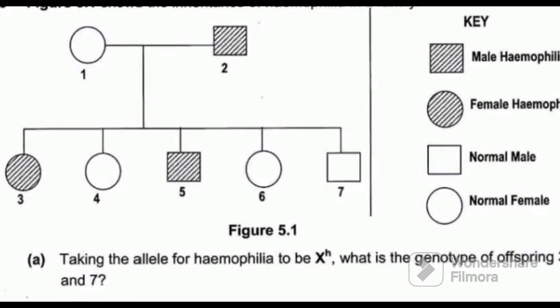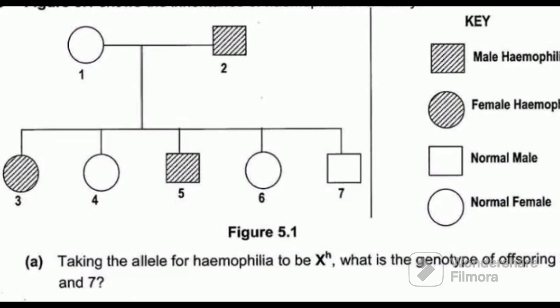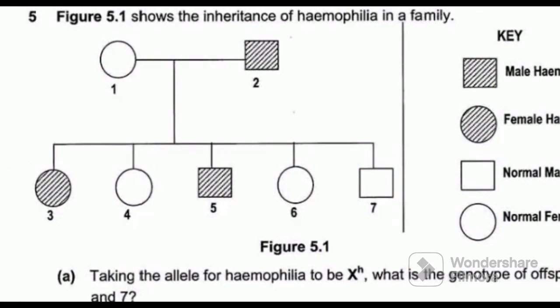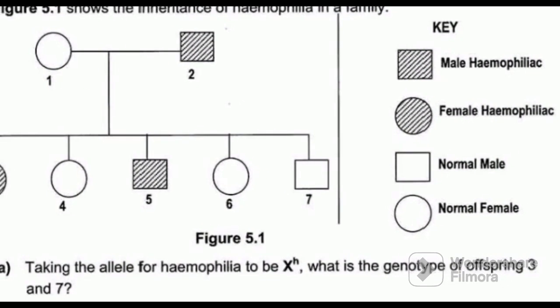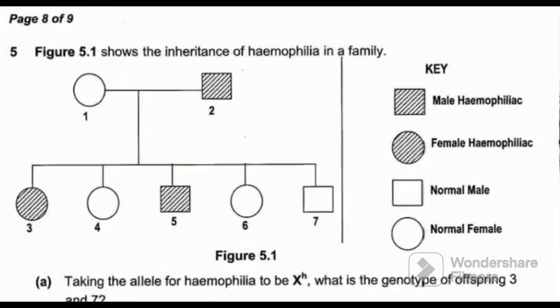Okay, so 1 and 2, these are parents. The parents produced the offspring 3, 4, 5, 6, and offspring 7. It is also important to study the key we've been given. So the key is showing